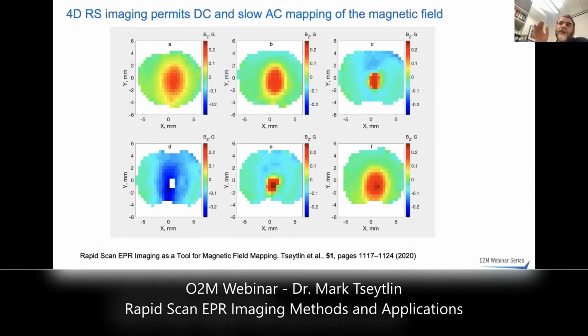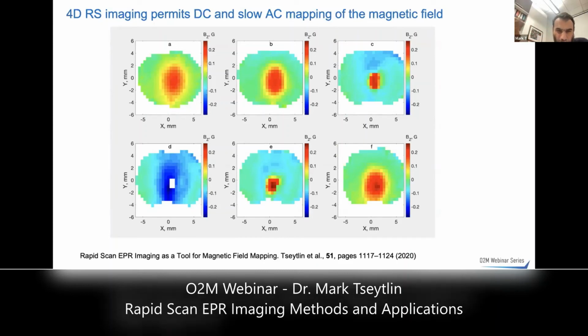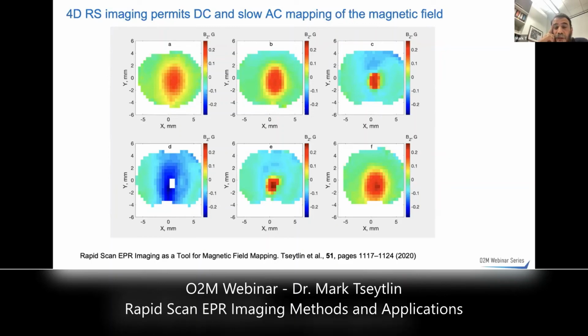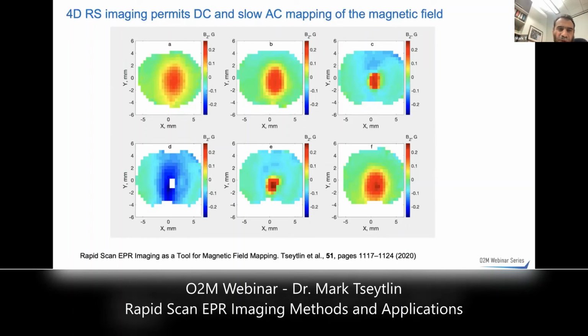In each voxel, it shifts the EPR line a little bit. Now if you do 4D rapid scan imaging, you actually can image the magnetic field created around that small thing. There are multiple applications we see. First, there is a need to image a magnetic field in some small object, especially, let's say, if you can get inside with the probe. I can put tritium inside, do the image, and see really how the magnetic field is distributed inside. You can do it for shimming, for example.